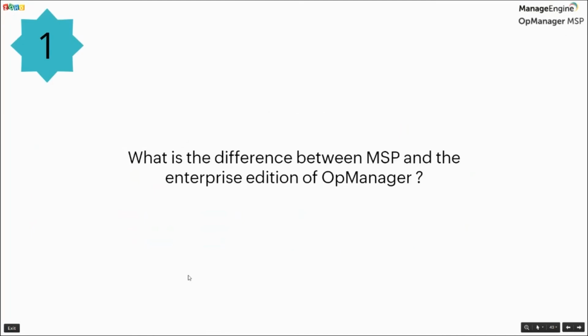So the first question, what is the difference between MSP and the Enterprise edition of OpManager? The major difference is that in OpManager MSP, you can have multiple probes for a single client or a single customer, and also you will have a better advantage of having custom device templates and configurations where you can push them to specific clients on the specific probes and devices.